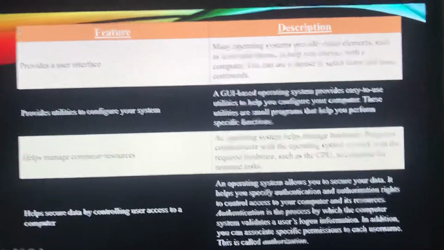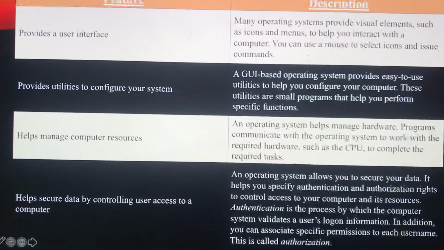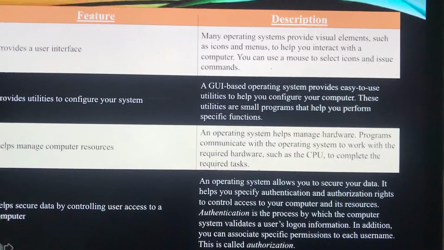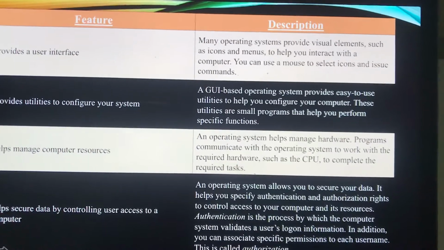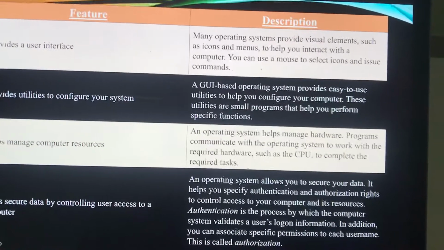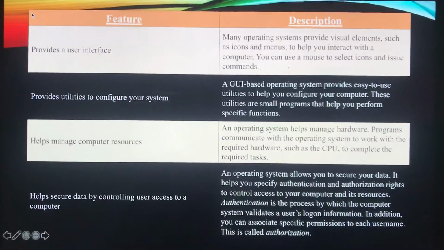These all things come under your utilities. Okay. Next is helps manage computer resources. An operating system helps manage your hardware. Programs communicate with the operating system to work with the required hardware, such as your CPU, to complete the required task. This is done with the help of the operating system.